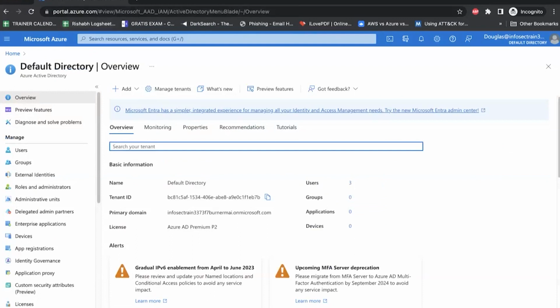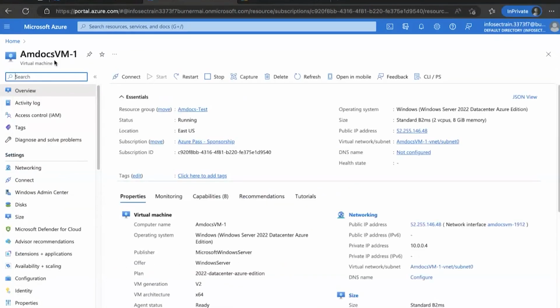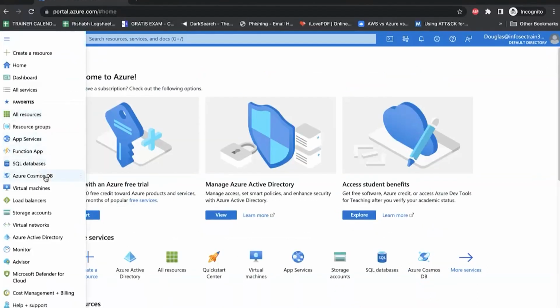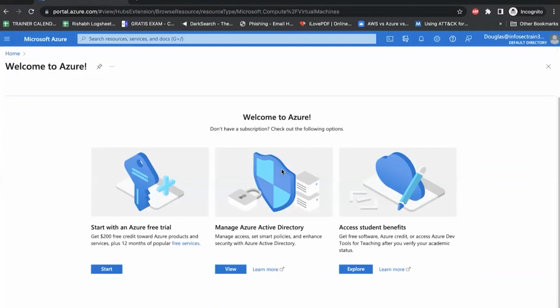Like I was just telling you, there are three virtual machines. If I show you, there is one machine with a name like mdocs VM1. So this virtual machine is right now over there. I can see that my main account can see this, but when I switch back to Douglas's account, Douglas doesn't have any permission. Even if I go to the homepage of Douglas and look for the virtual machine, nothing. As an admin, we have to decide what Douglas can access and what Douglas cannot access. So these are a few factors.